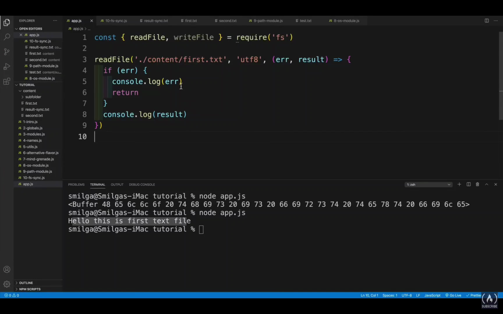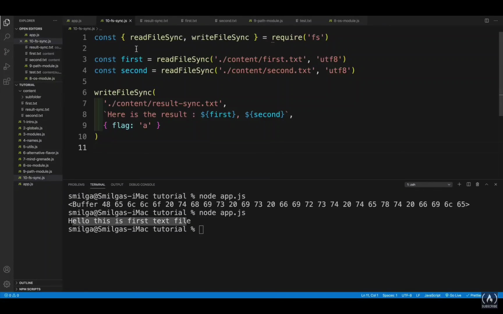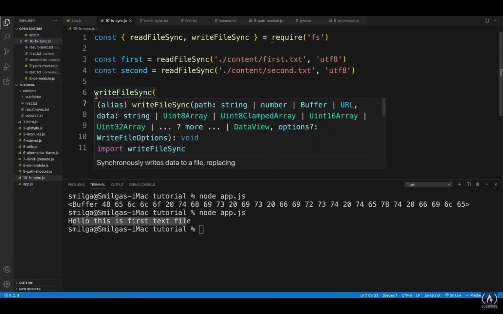And now the million dollar question. Well, how can we set up the same functionality? Check it out. We have readFile, and then